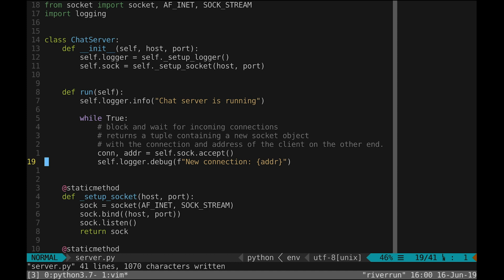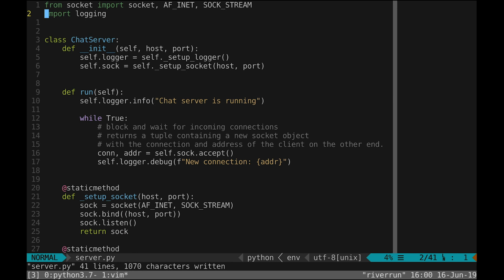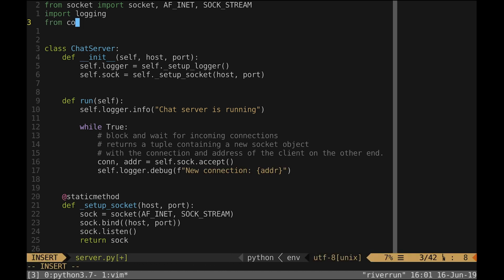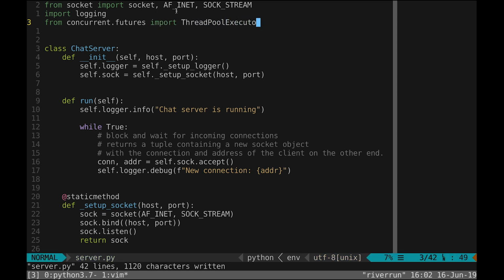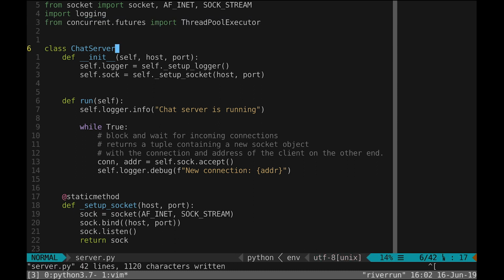So in Python, we have this thread pool executor from concurrent futures that I can just import from concurrent.futures, import thread pool executor. So a thread pool executor is just going to manage a set of worker threads, and so we can sort of pass tasks to them as they become available for work. So in our case, the task is going to be basically just to relay messages. It might be overkill to do it this way, but I just kind of want to try it out and